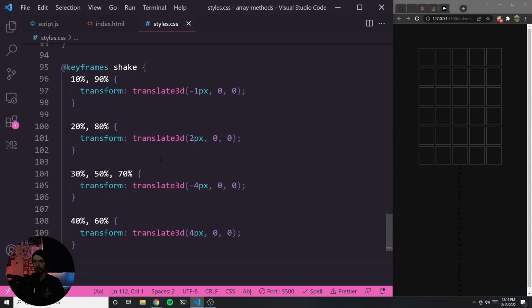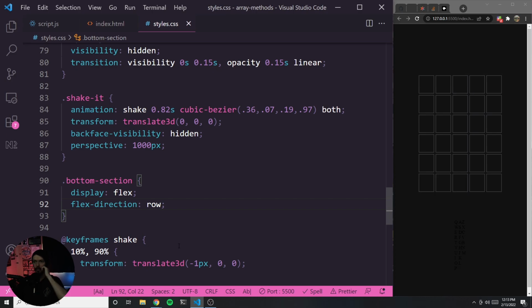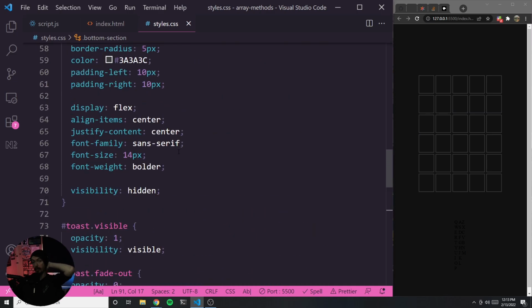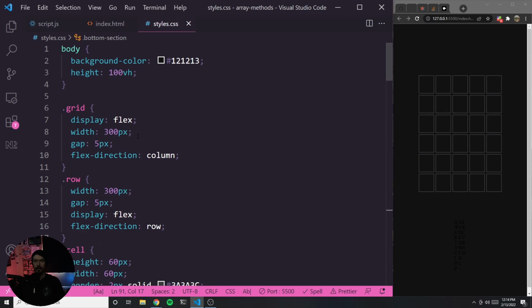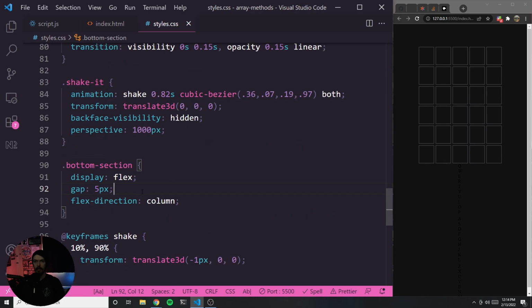Or is it supposed, where'd it go? Where are we at? Is this supposed to be row? I gotta think about this. No. Should be the same as what I did for the grid. So just run over to the grid. Flex direction is indeed column. The gap is 5 pixels. So I should probably use that as well. Now,